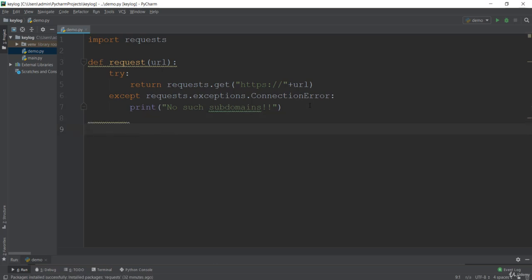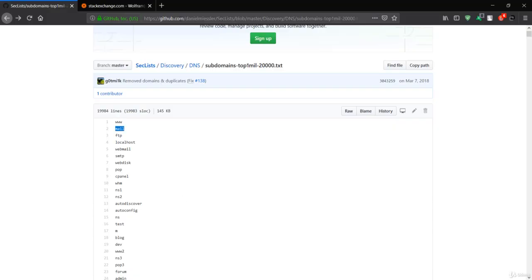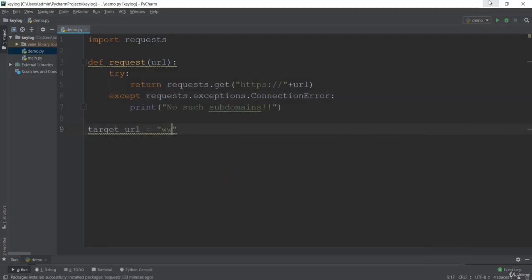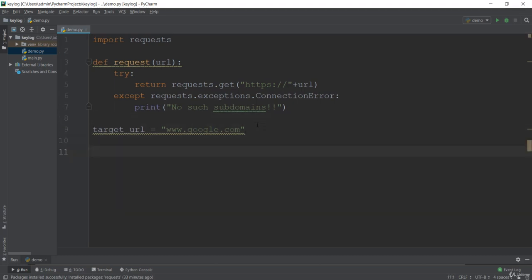Let's go over here and make our target URL. So this will be our target URL. So first of all, let me just test some of the test websites. So instead of just going for the main website, we can simply do something like google.com. So we can test this URL, so we can see if this contains many subdomains or not.